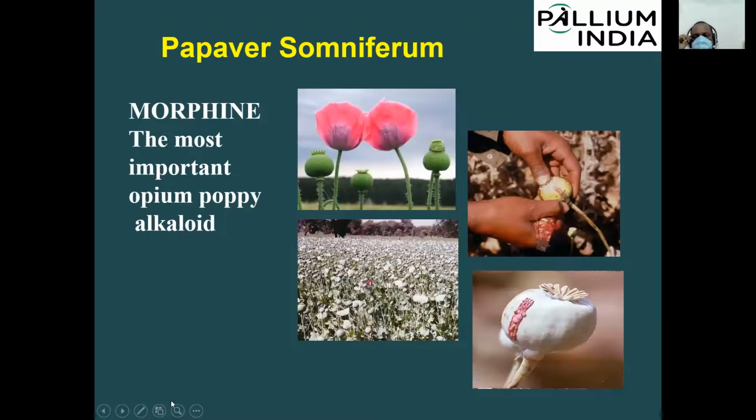Okay, so this is the poppy plant, which is legally cultivated in India only in 3 states, UP, MP, and Rajasthan. And you can see the farmers are making cuts on the seed-like thing, which is known as pod. And the sap coming out from the pod is dried in sunlight. And they will transport it into government opium and alkaloid factories where they will make morphine powder out of it.